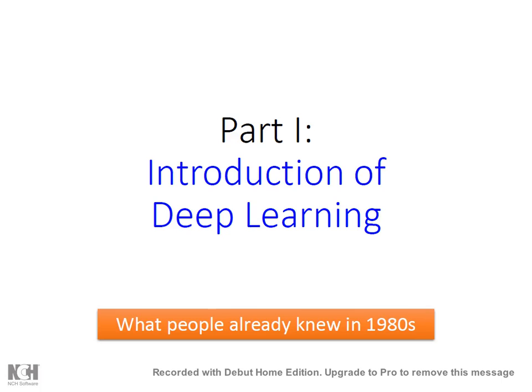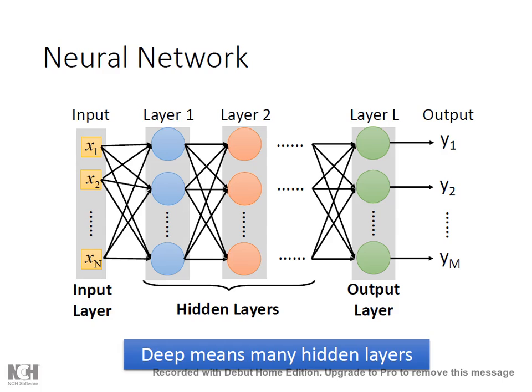So maybe I will briefly introduce some of the background of why. Well, in the earlier days, in the 1980s, all the background, the fundamental theory and the framework of the neural net had been built up. So it was already there, but the performance was not good.